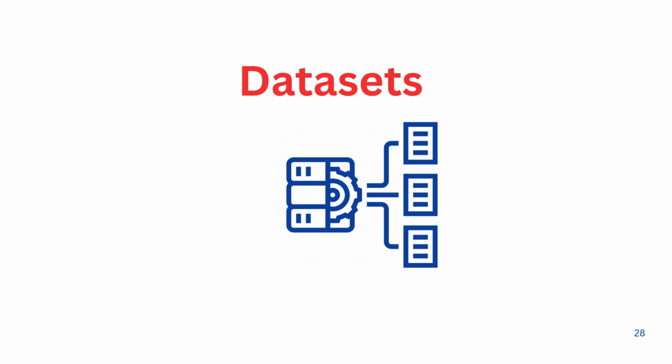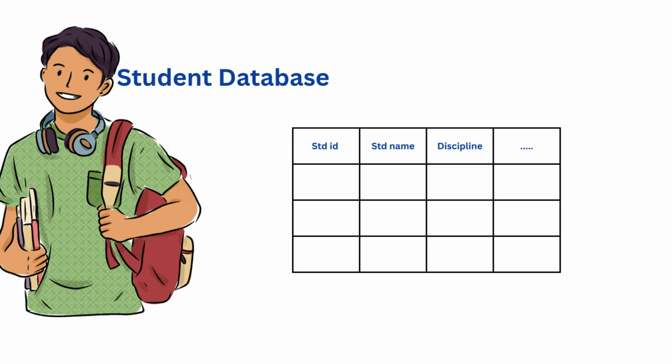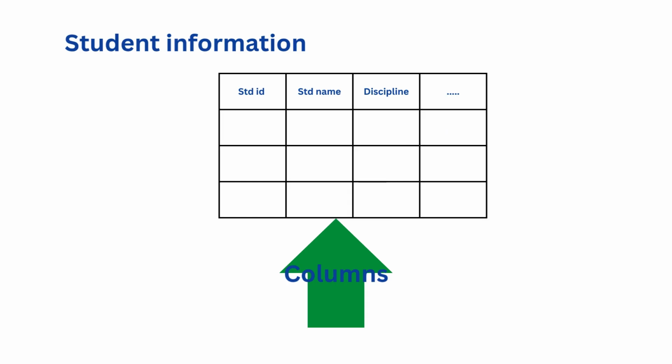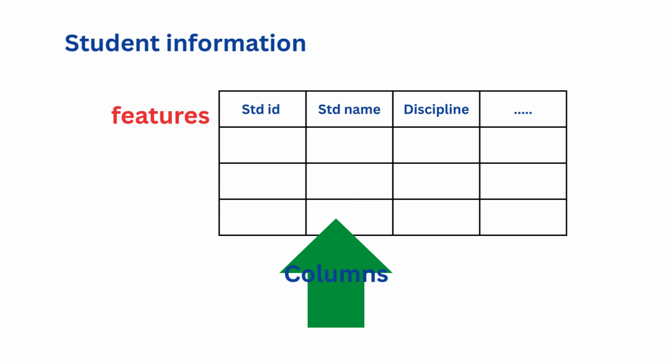Okay, now in data science, think of each row. So basically in data science what we do is we want to represent the data sets. Say for example, you want to represent the student database. Okay, so each row will have information about each student. So the columns will represent the features. So in this case, what will be the features? So student name, their height, their information, their marks, their discipline, etc. So these are basically